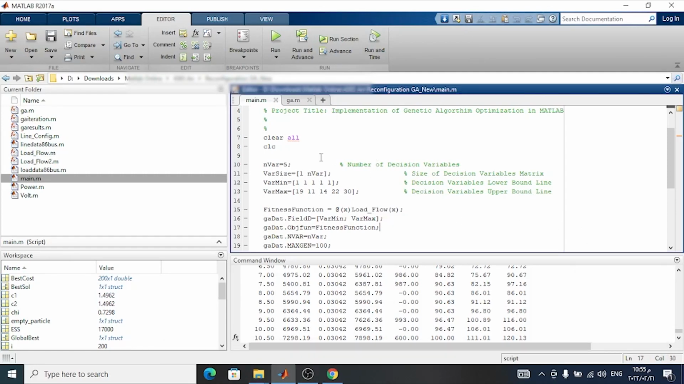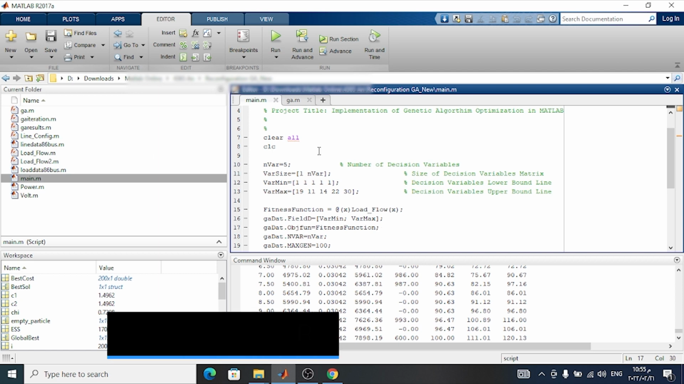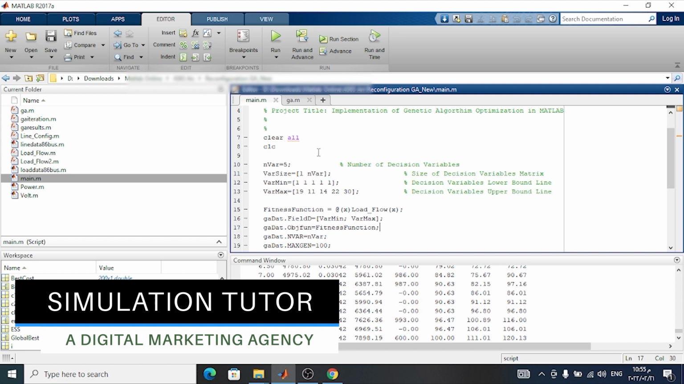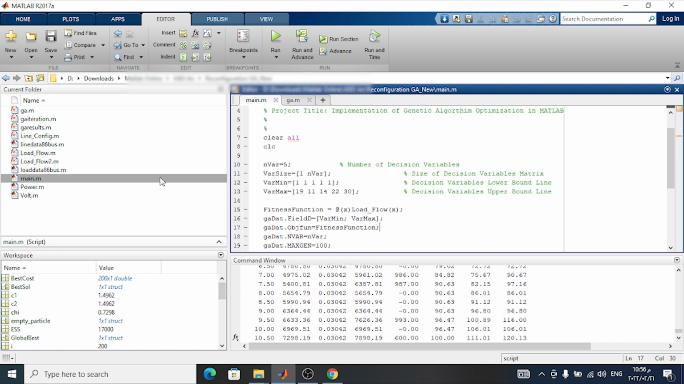Hello, sir. Today we want to explain the reconfiguration GA program optimization. As you see here, this is the file for reconfiguration GA, and after that we will explain all things, but the common file we will explain quickly. The reconfiguration here is to optimize the reconfiguration using GA for the